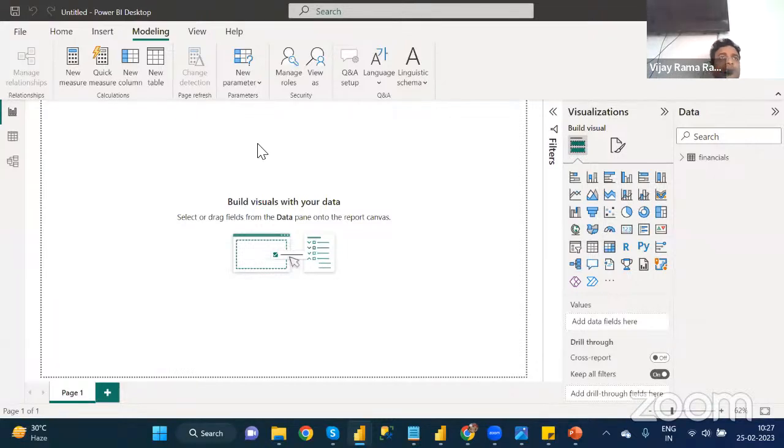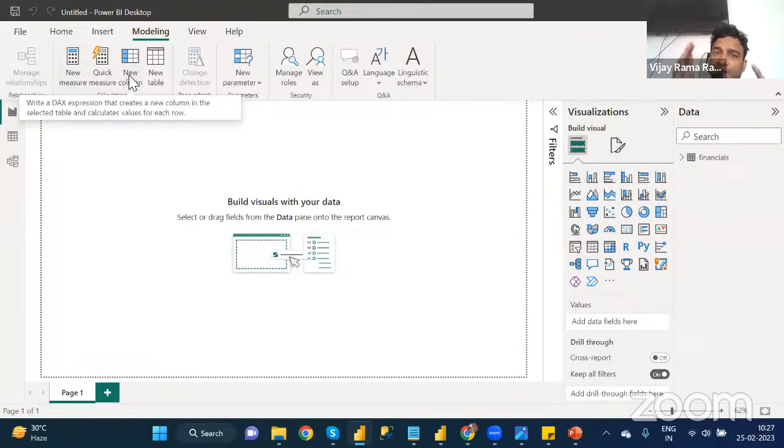Okay, so the DAX functions we can apply only on these three options. Either a new measure, or you can apply it on a new column, or on a new table. New measure means whatever DAX functions return a single value, those we can apply on the new measure. Whatever DAX functions return a row level calculation,